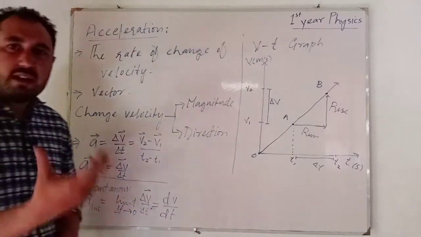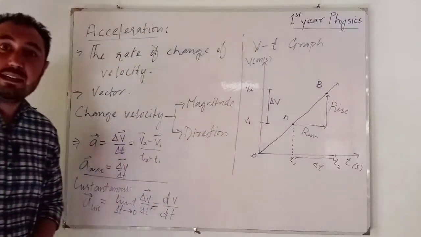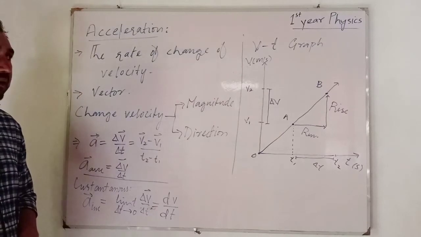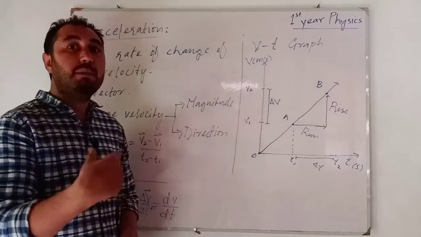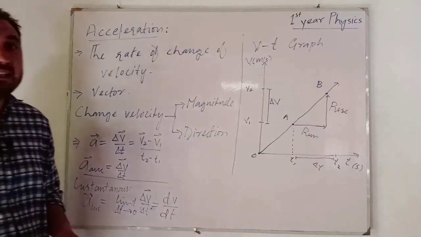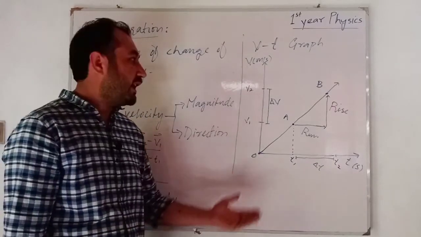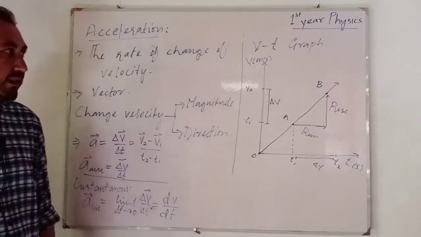So retardation is an acceleration, or what we call a negative acceleration, in which the magnitude of velocity is going to decrease. On the other hand, if the magnitude of velocity is going to increase, we call such an acceleration simply acceleration, right? So over here, this graph shows a positive acceleration. Okay. On the other hand,